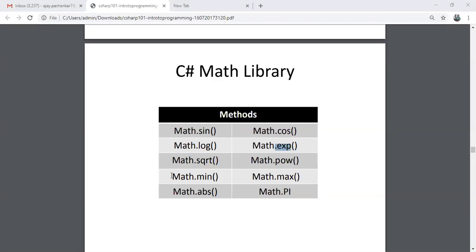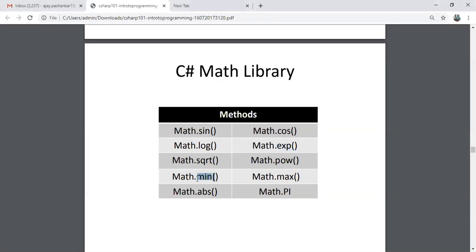What about your exponential? Exponent. Very good. So what is the difference between exponential and power? Returns the value of e. Very good. It's the main difference. In power, you don't have a power of e. So simply it is a power that can be applied to a number.